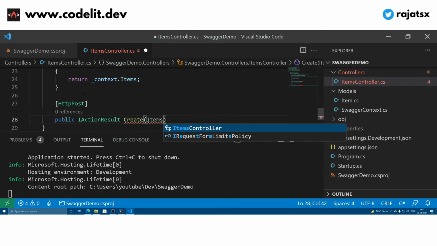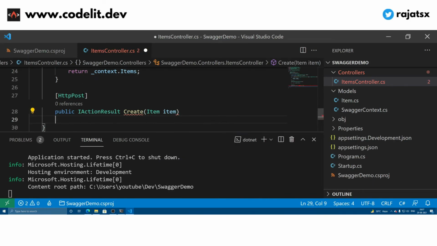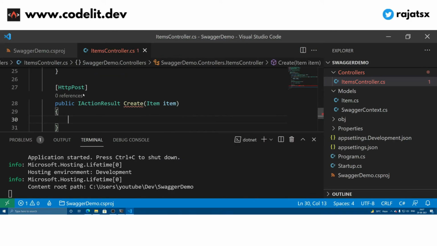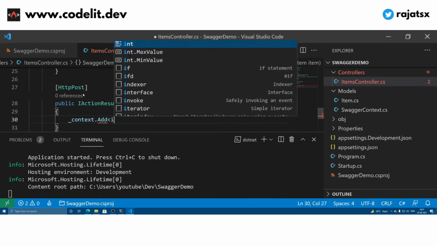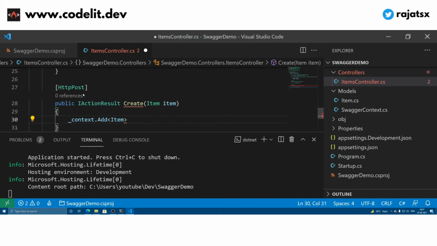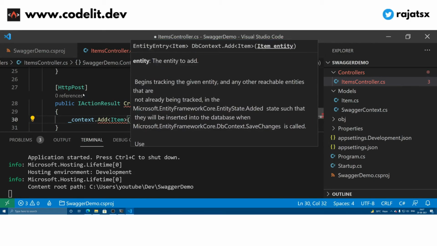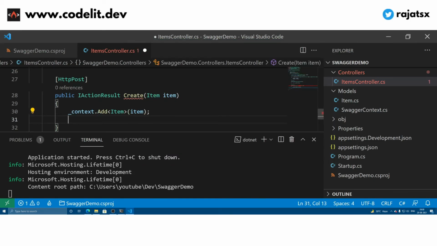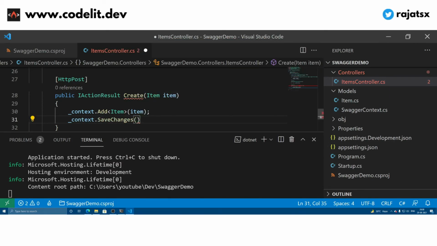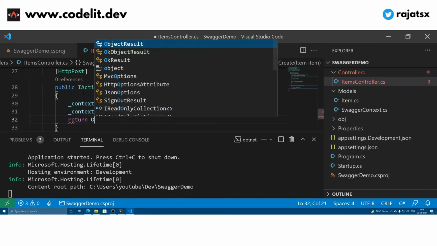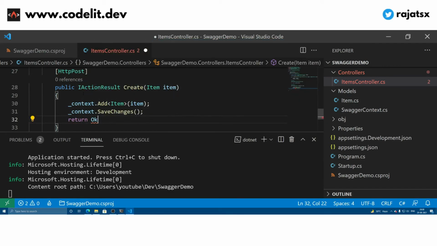It accepts an item of type item and then over here we can simply use the context and add the item and then we can save changes and then we can return the OK response.